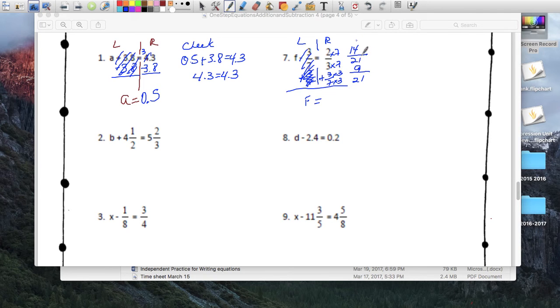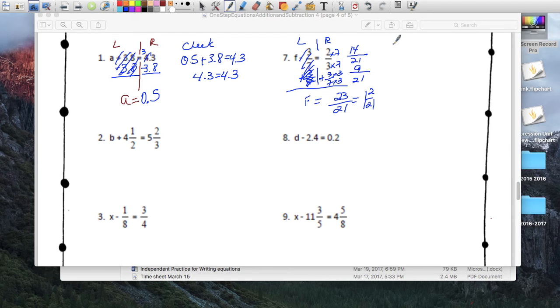Now I can add these. 14 over 21 plus 9 over 21, I add my numerators. 14 plus 9 is 23, and my denominator stays the same. Or I can change that to 1 and 2 over 21. 21 goes in 23 one time, 2 left over from 23. So